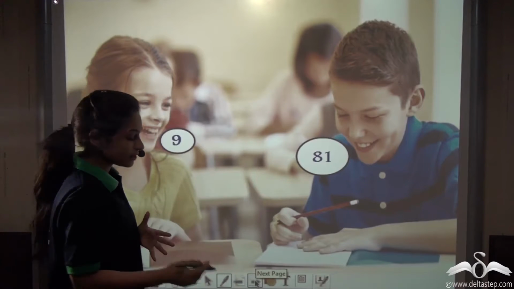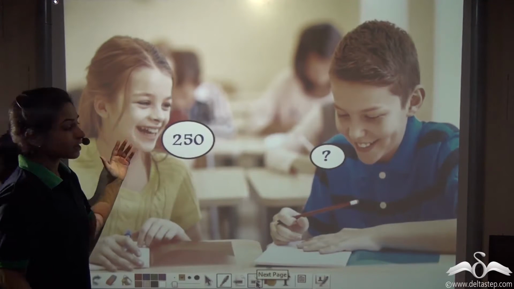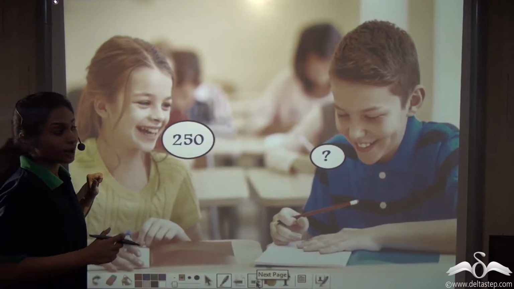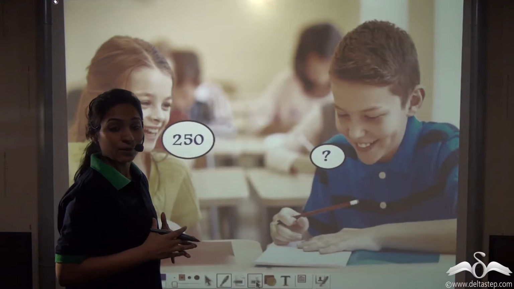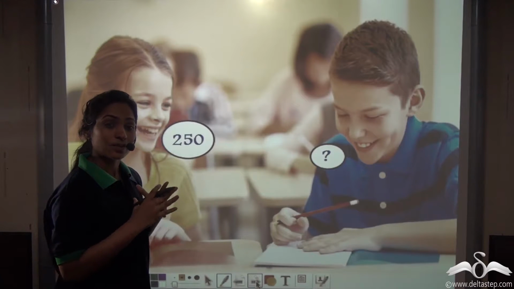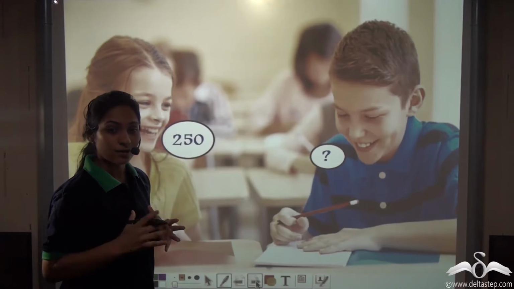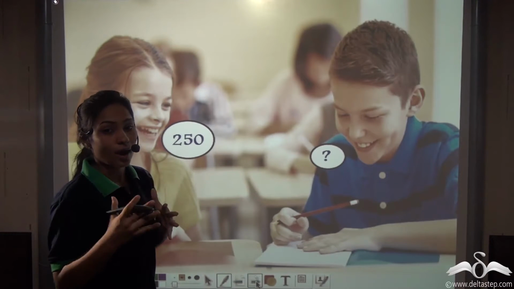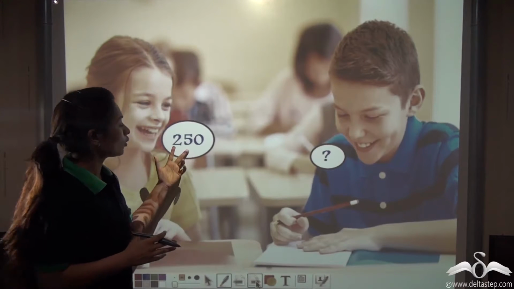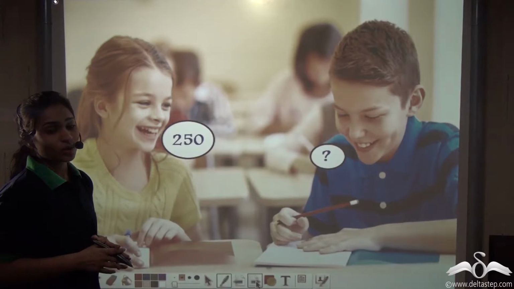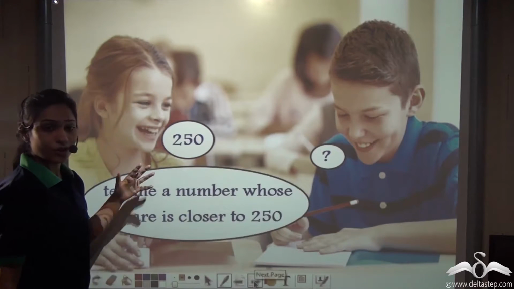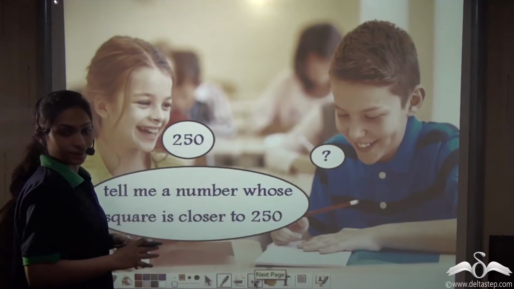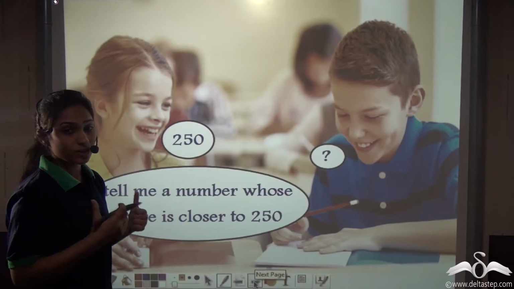Now this went on until at one point Riya asked the number 250, and Krish had to answer the square root of 250. Now he was confused. He hadn't memorized all the square numbers. He had memorized the square numbers from 1 to 10, and 10 square is 100. So he knew the square numbers from 1 to 100. He did not know what was the square root of 250. So he was confused. So Riya asked him to at least tell her a number whose square was closer to 250. Now how do we do that? Again, estimations will come to our rescue.